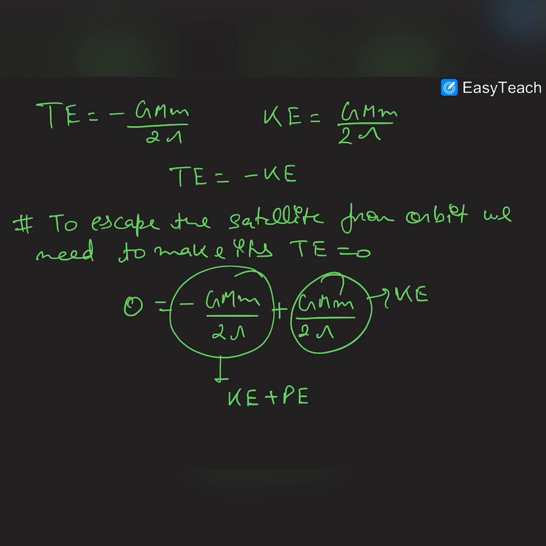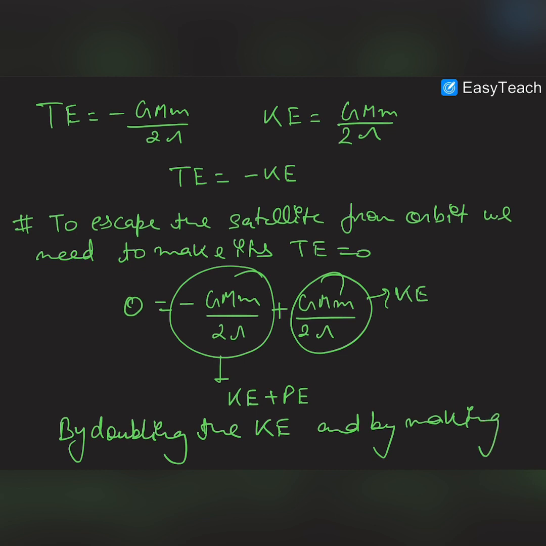So it means by adding this amount of energy to this energy, we have doubled the value of kinetic energy. So by doubling the kinetic energy and by making the speed of satellite root 2 times of the previous value,